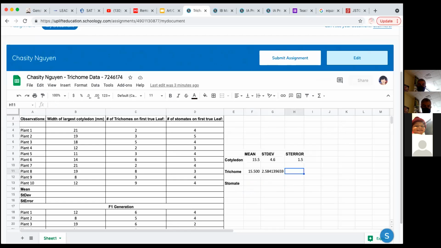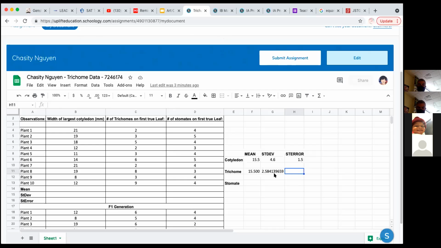It's going to be standard error, whatever that is: standard deviation divided by the square root of n. That's really the formula written out in words. So let's go back and look at the one you're working with. You've got a standard deviation of 2.5.